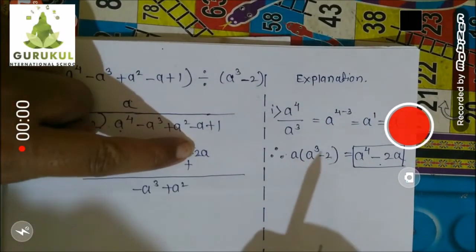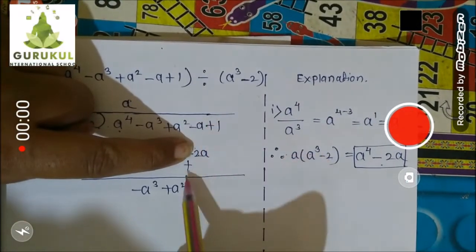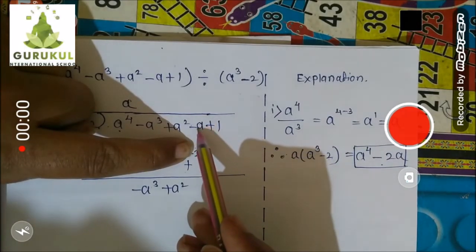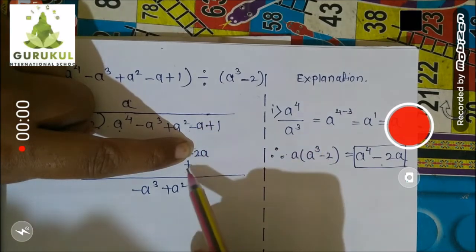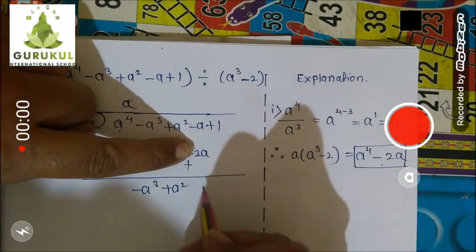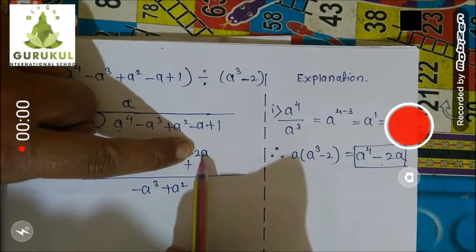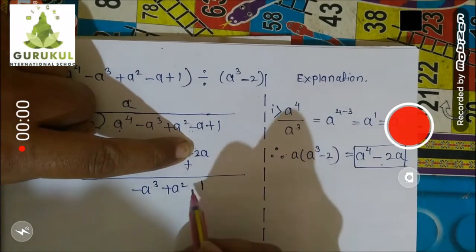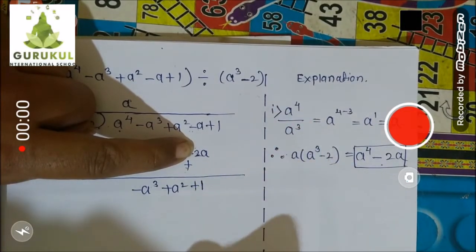Forget the original sign. Minus a plus 2a. Now children, minus a means minus 1a. So minus 1 plus 2. What is the answer? Opposite sign, subtract the numbers. So 2 minus 1, 1. Put the greater number sign to answer. 2 was greater. Minus 1 plus 2 I was solving. Am I right? So 2 was greater, its sign was plus.